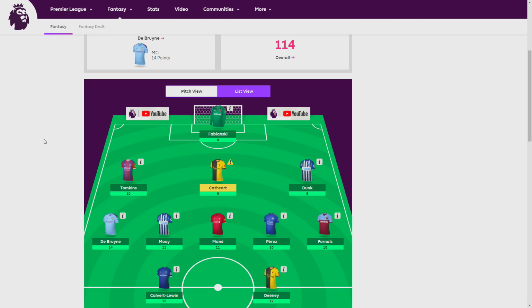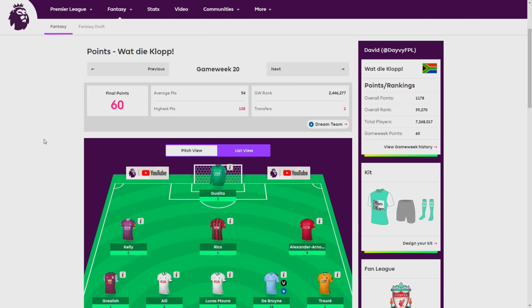Getting on to how my squad got on in Game Week 20. So as you can see on screen there, 60 points. Above the average of 54, but was not enough to see a green arrow. A drop in rank of about 9k places. We are currently sitting just below that 60k mark,